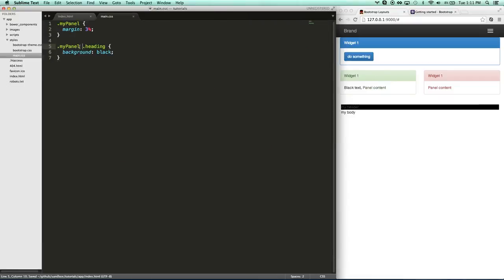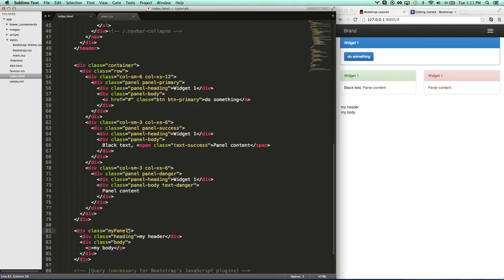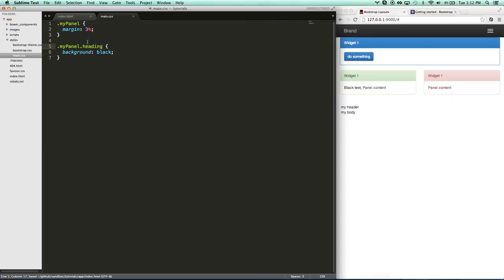And one thing you'll notice is I did my panel space heading. One thing that people do accidentally all the time is they'll do my panel dot heading. And what that is going to look for is something that has the class my panel and the class heading. This is the same as that because it's looking for something with both classes. So you'll notice right now this selector is not selecting anything. If I did my panel and added a class of heading, now I've added 2 classes, and you'll notice it starts picking up on the entire panel now. Just in case you run into that and wonder what's going on and why your code's not working, you probably forgot a space there. Anytime you add a space, it goes to the next level and is looking for a